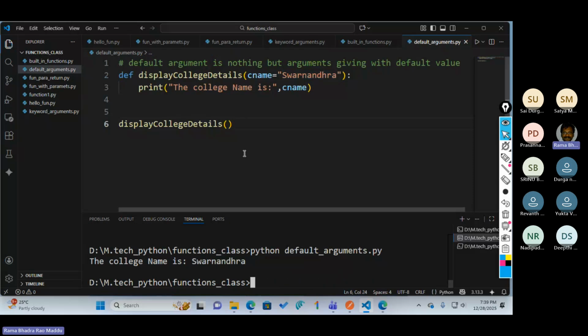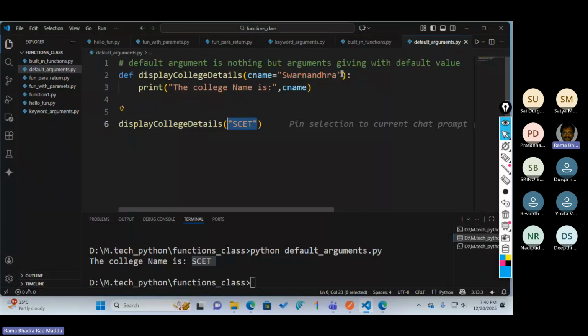If I provided anything, I provided SCET. So now it will use SCET instead of Swarnandhra. So the default value purpose is if we forgot any value, then it automatically takes from the default.